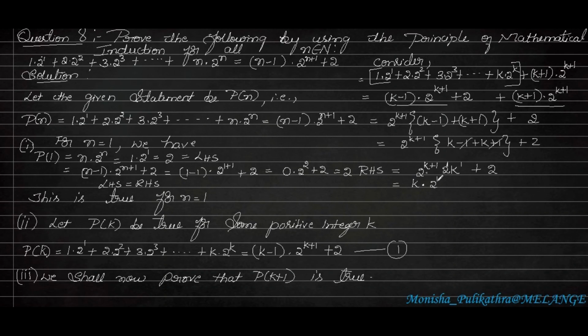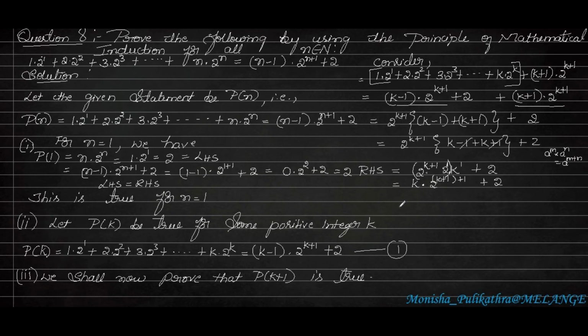Here 2 to the power of k plus 1 and here 2 to the power of 1 is there. So I'll be taking plus 1 as common. Since we know that a to the power of m into a to the power of n will become a to the power of m plus n. Okay, so here both are 2. So k plus 1 it will become. Plus 2, write separately. Fine.